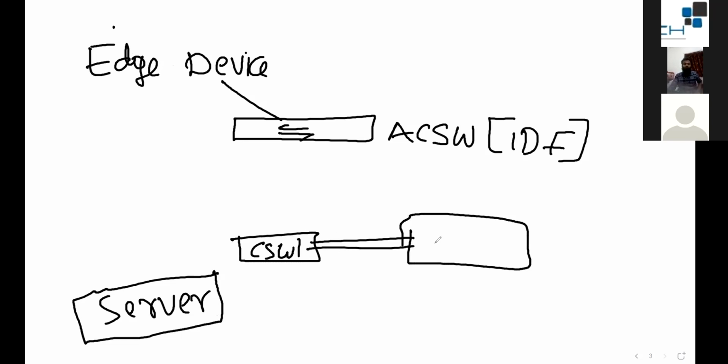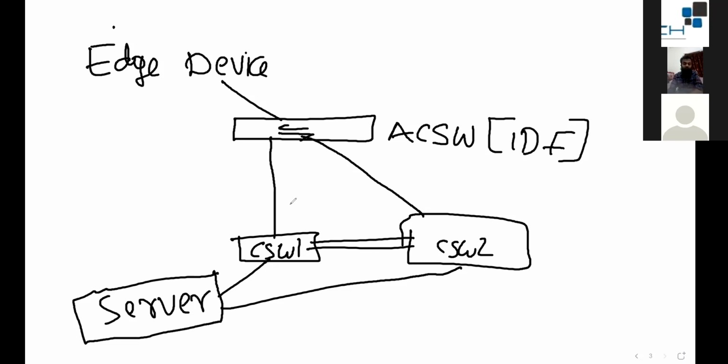Core switch 1 and core switch 2, CSW2. Your server must always have dual connectivity. Some people say that single connectivity is enough, so we need to explain to them the drawbacks of a single connectivity. If we explain it well and they understand the issues that may happen in the future, they will go for dual connectivity.